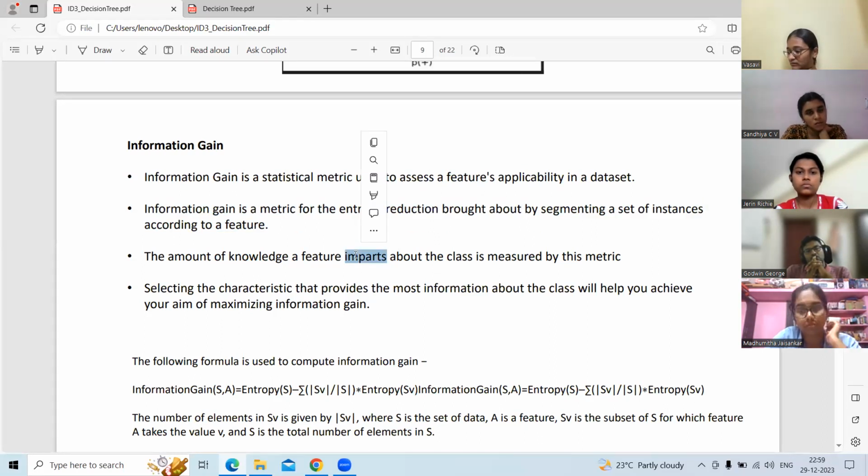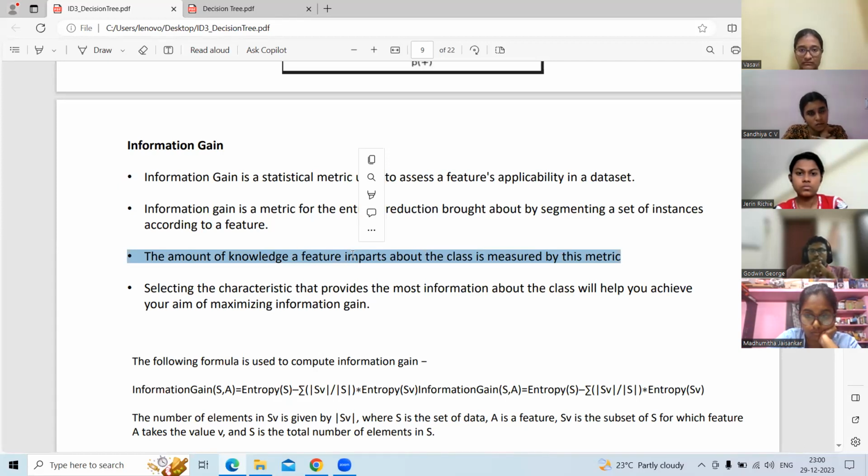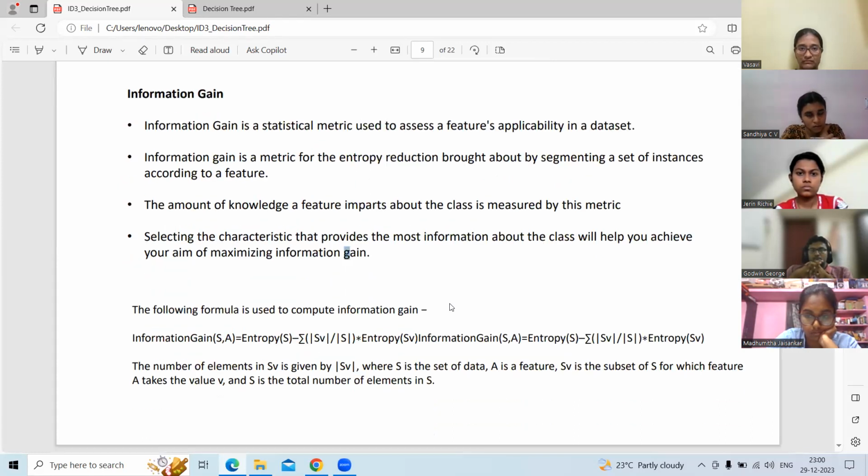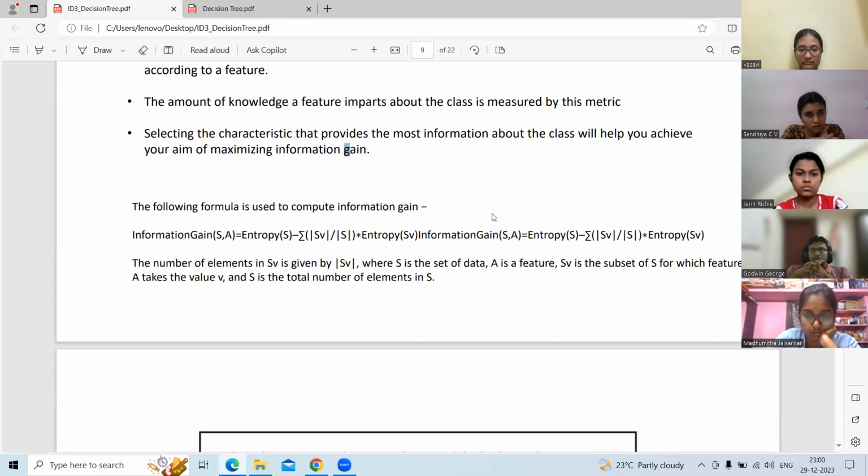It is nothing but the knowledge, or the feature, that gives us certain information. Based on that, we use that feature as the node. Selecting the characteristic that provides the most information about the class